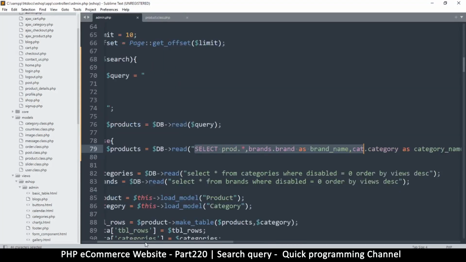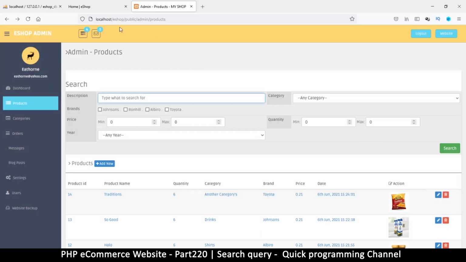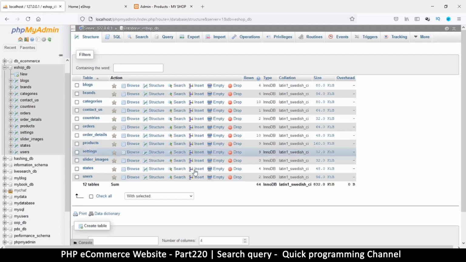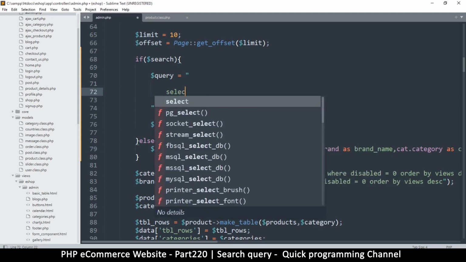Okay, so let's look at the columns that are required here for us to get, or the tables that we want to return. So first things first, the table we want to return is the products table. We definitely want our results from the products table. So let's go step by step. So I'm just going to say select